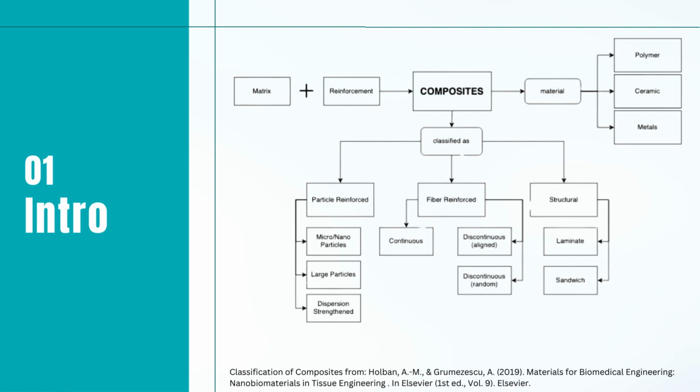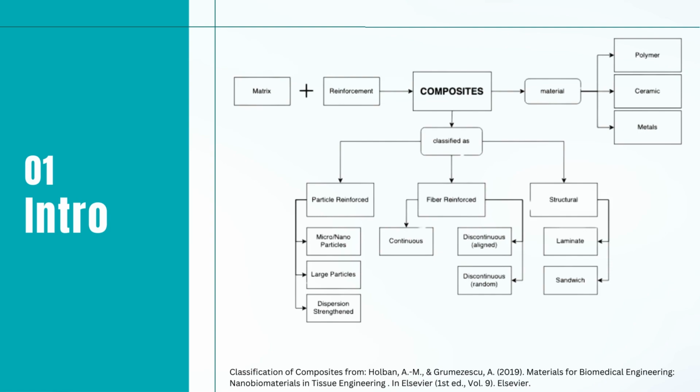So, summary or recap: composites are made of two components, matrix, the main one, and reinforcement. And these two can be made out of any of the three biomaterials. And even though reinforcement adds additional material, composites are classified based on them. For example, if the reinforcement is in the form of tiny microscopic granules, they are particle reinforced, which have different application from fiber reinforcement. Each classification has their own properties and specialties.